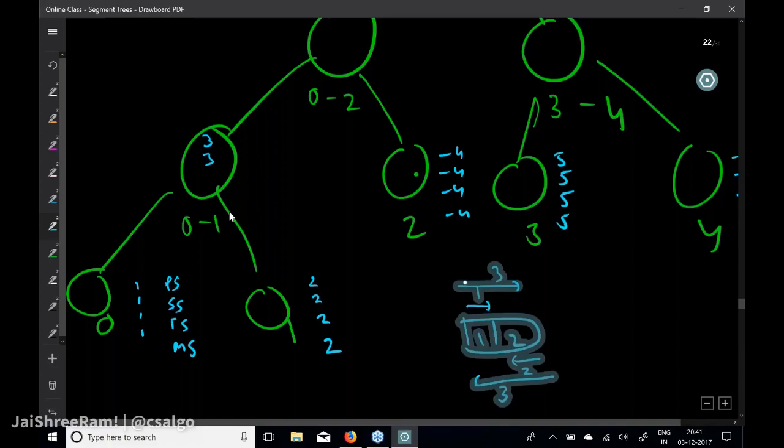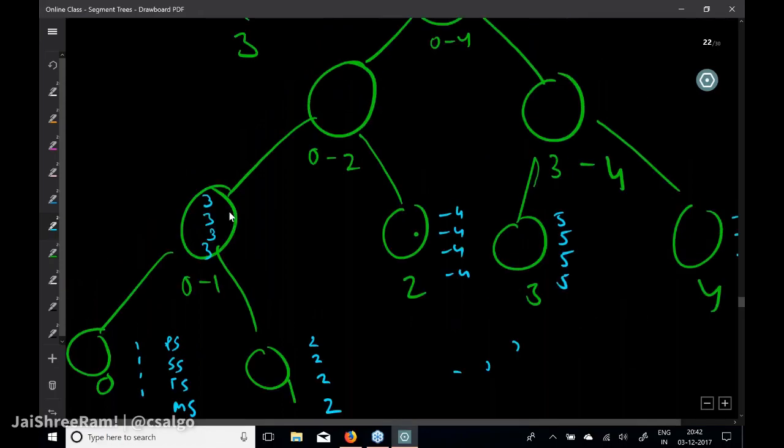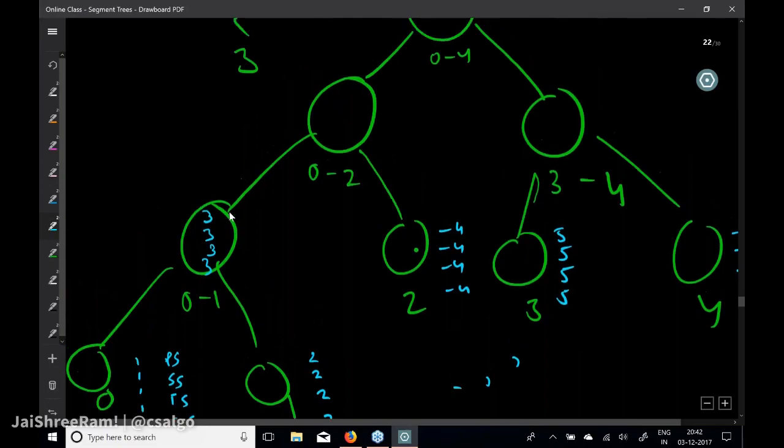टोटल सम लेफ्ट प्लस राइट 3, मैक्सिमम सम भी करोगे तो या तो वो होगा लेफ्ट का आपका मैक्सिमम सम 1, या राइट का मैक्सिमम सम 2, या फिर लेफ्ट का सफिक्स प्लस राइट का प्रीफिक्स। लेफ्ट का सफिक्स 1 है, राइट का प्रीफिक्स 2 है, तो ये 3 आ जाएगा, तीनों का मैक्स 3। 0 से 1 के लिए तीनों तरह के सम्स यही आ रहे हैं, ठीक है। 2 के लिए हमें आंसर पता है। अब 0 से 2 कंप्यूट करते हैं। 0 से 2 का मतलब एलिमेंट्स हैं 1, 2, -4।